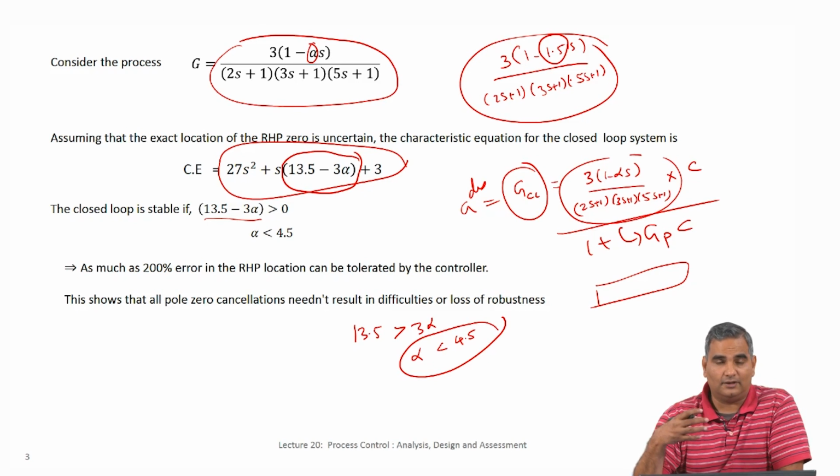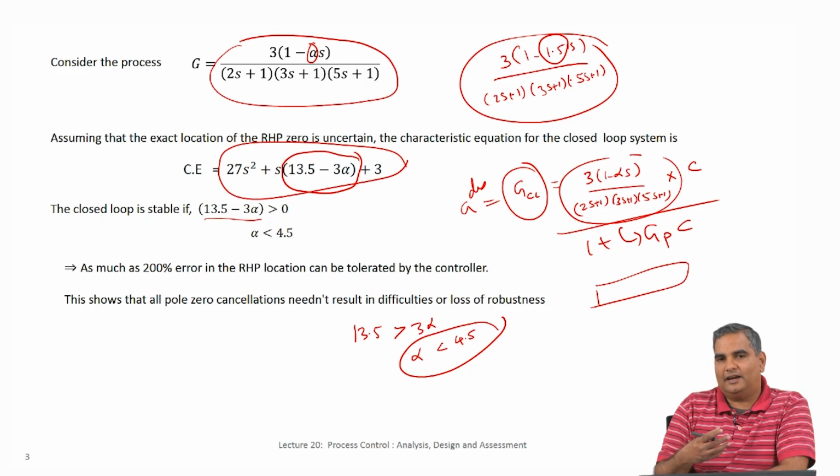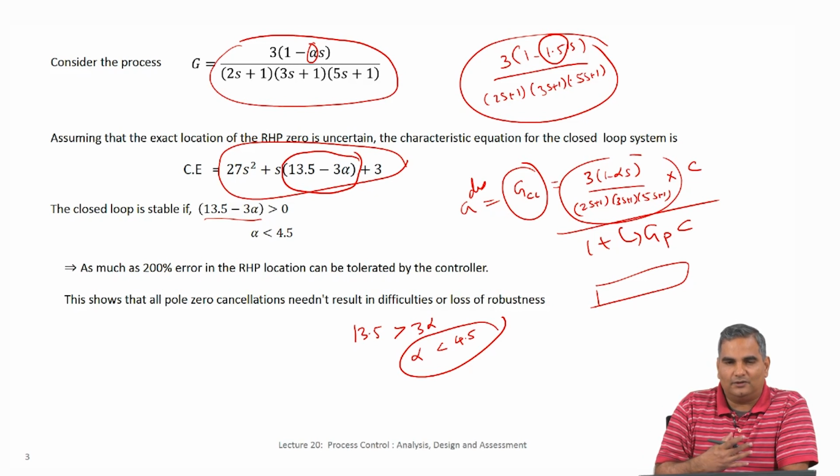The first factor is the difficult-to-control dynamics, which is the inverse response, because of which we made some allowances in our G desired itself. That is number 1. And number 2, if the G process is different from G model, the closed loop transfer function is going to be different from G desired. That is the other loss of performance, which is notionally the difference between G CL and G desired. So, you can see how this idea of direct synthesis allows us to so clearly understand where performance limiting factors come in and how you avoid those performance limiting factors and still design a controller.